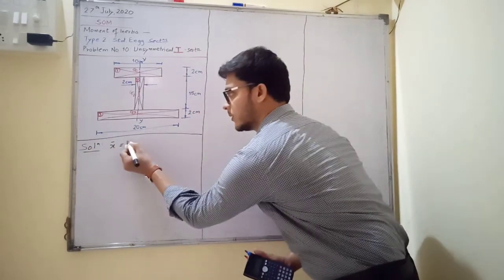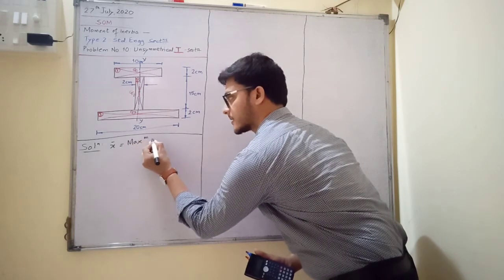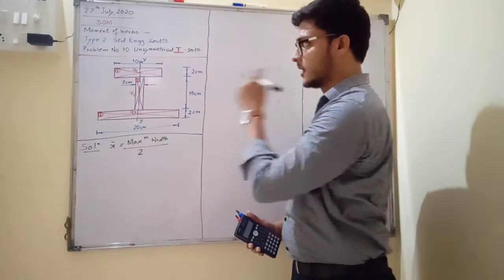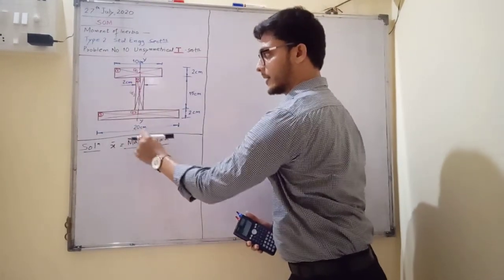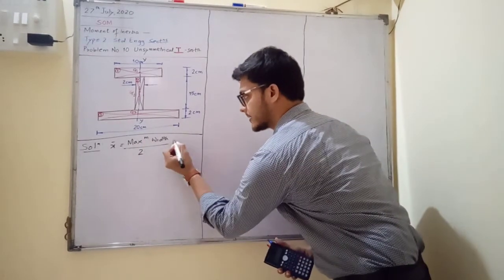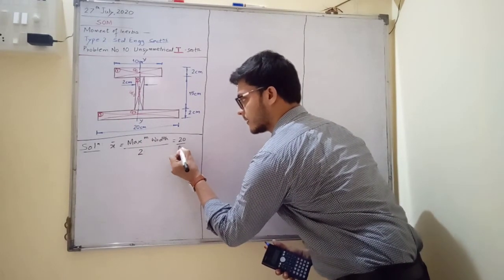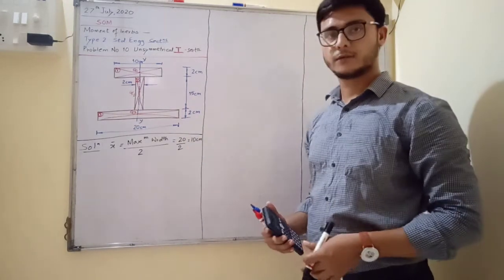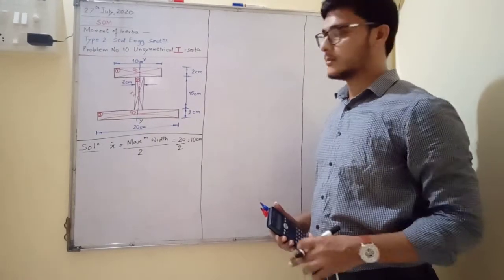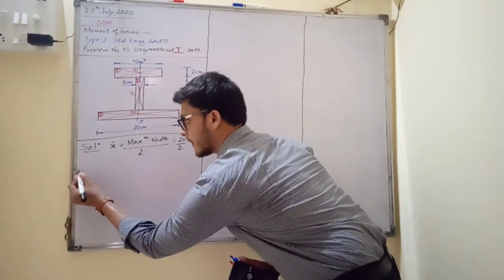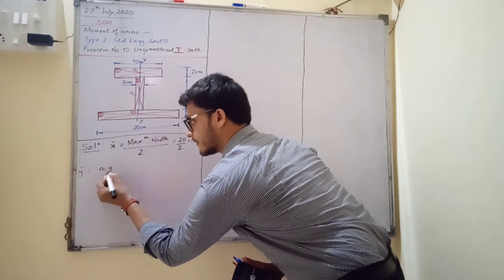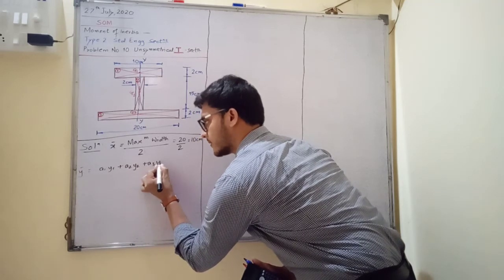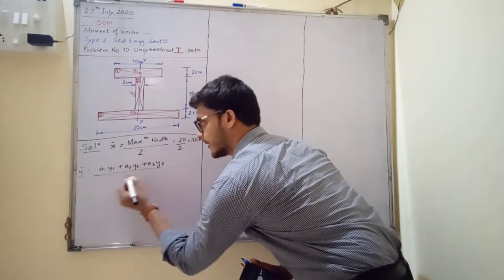X bar is equal to half of maximum width. These are the widths: 10 centimeter, 2 centimeter, 20 centimeter. The maximum width is 20 centimeter, so half of 20 centimeter is 10 centimeter. This calculation is not required, I am just showing it for the sake of knowledge. Next, most important is y bar. The formula for y bar is a1 y1 plus a2 y2 plus a3 y3 divided by total area